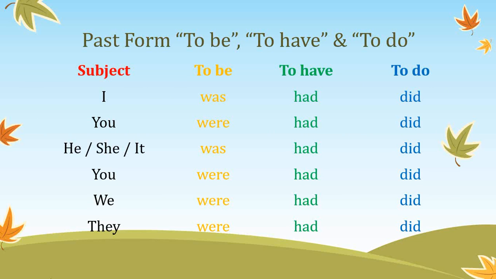Now guys, we're going to learn the past forms of the verbs to be, to have, and to do. These verbs are irregular verbs. So for the verb to be, it changes depending on the personal pronoun. For example, for I, the verb to be in past form is was. I was,